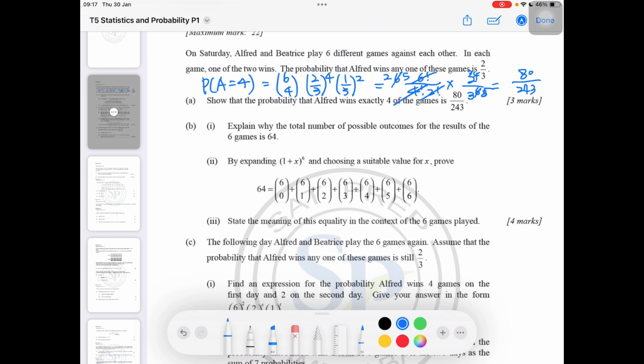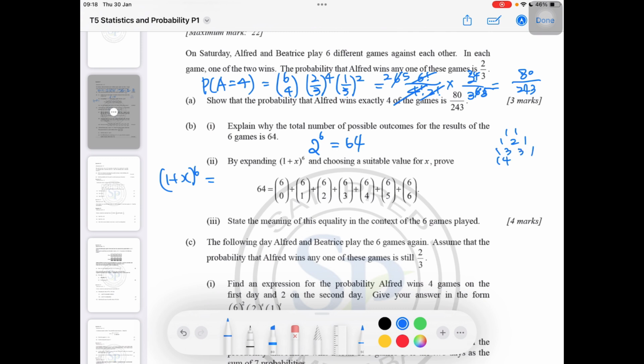So it's shown. Number B, explain why the total number of possible outcomes for the result of the 6 games is 64. Because the output is just a win of Alfred or Beatrice. So each game has 2 different outputs. And we have 6 games. Therefore, it's 64. By expanding (1 plus x) to the power of 6,